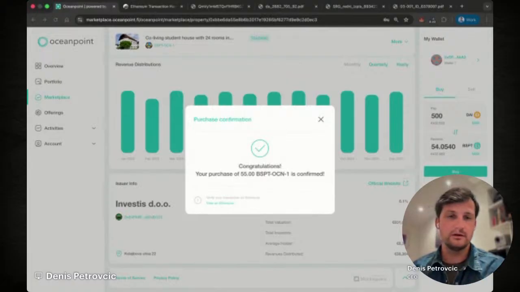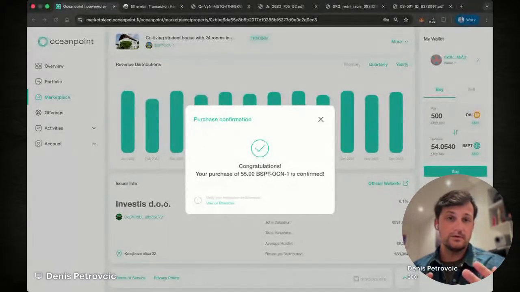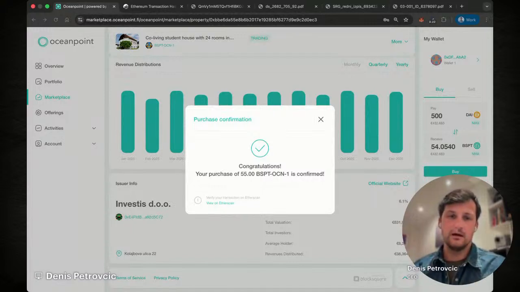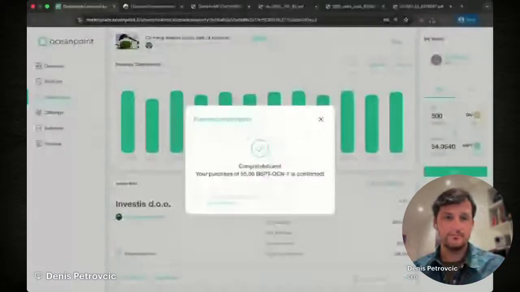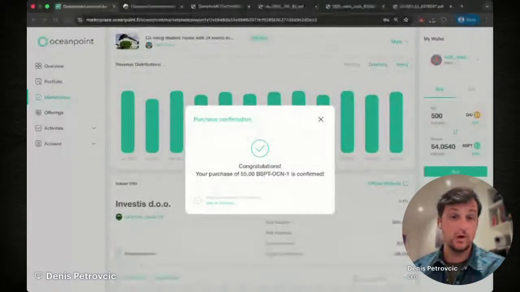The other part: what happens with revenues? Revenue gets distributed in the form of stablecoins to token holders in proportion to how many tokens you hold. There are no cutoff dates. There's an algorithm that works out in the back end when and how much each token holder held tokens for, and retroactively, when the revenues are being distributed, they go into the wallets